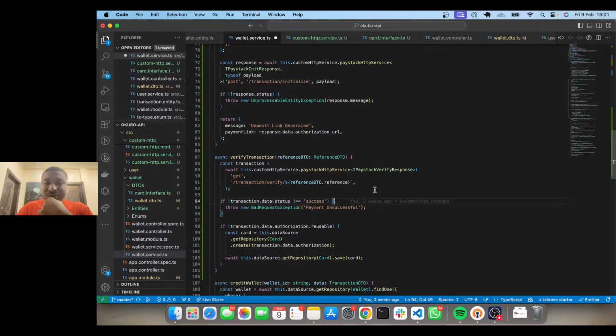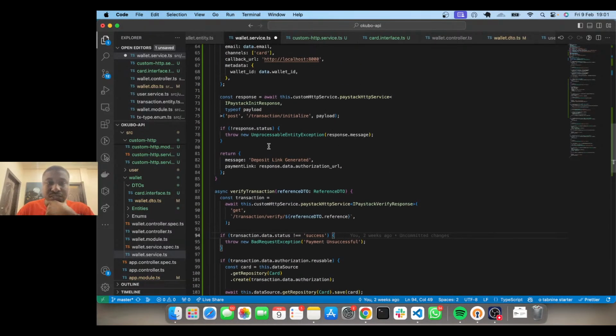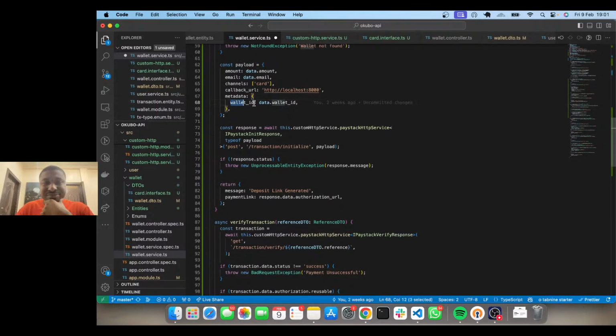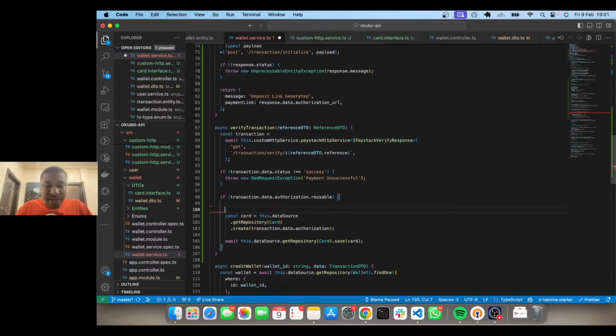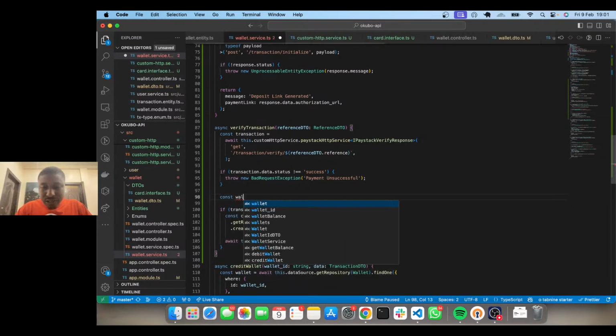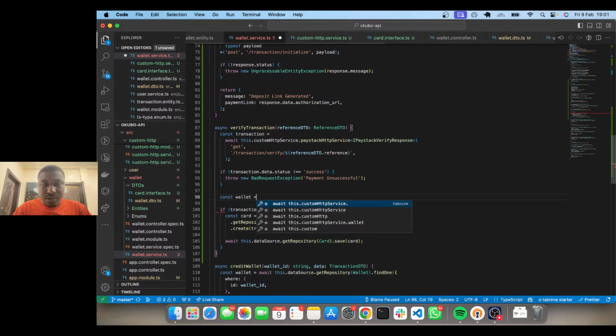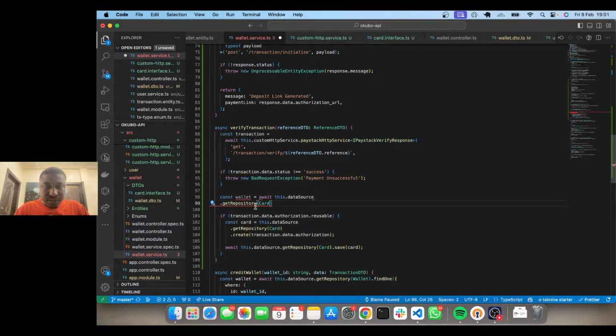Okay, this is the point where we'll dive into our metadata and bring out what we sent added to it, which is the wallet ID. All right, let's take that out quickly. So const wallet equals to... wait, this is the get repository wallet dot find one,